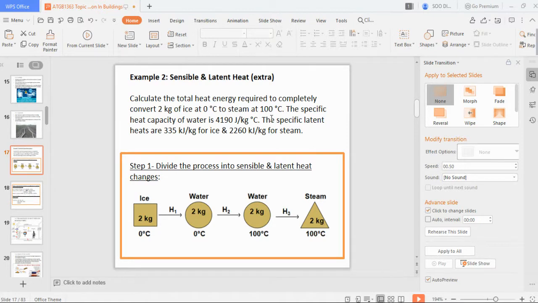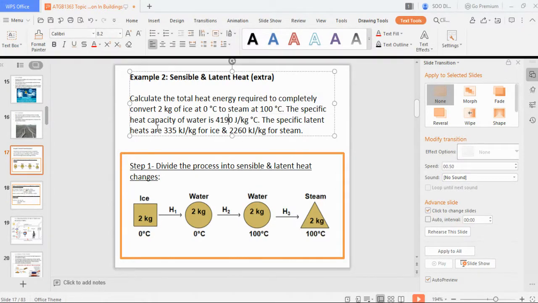Okay, so example 2. This example will show you how sensible heat and latent heat are used. You have to calculate the change of state of ice from 0 degrees to steam, and how much energy is required to completely change 2 kg of ice at 0 degrees to steam at 100 degrees Celsius. You're given the specific heat capacity of water is